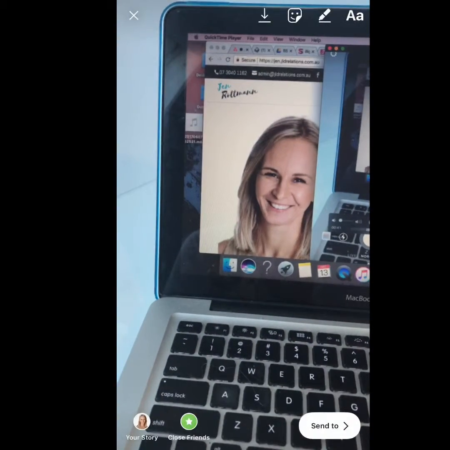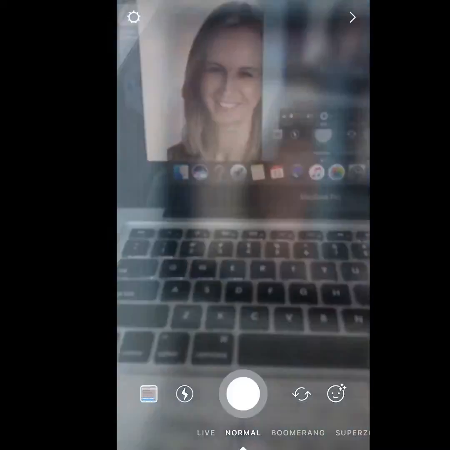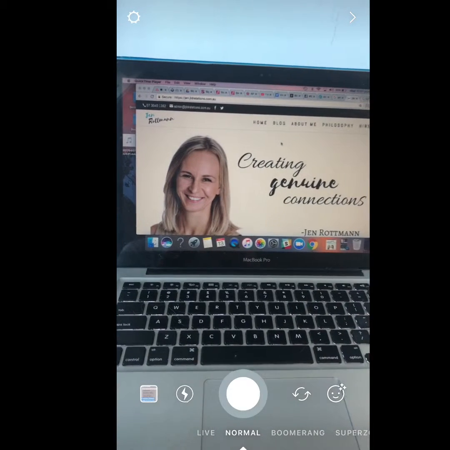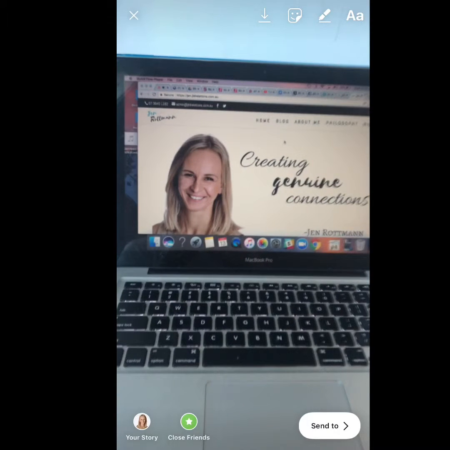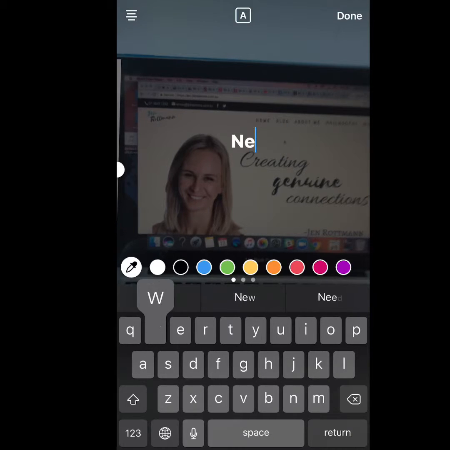Now what we want to be doing here, for example, I'll just take that off, make this small. Let me say, for example, I'm just going to take a picture of my laptop website on it. You can see there's also at the top right, we have a few different symbols. Let's click on the letters AA. That's going to open up the writing tab. So I'm just going to write something here, for example, new website up,